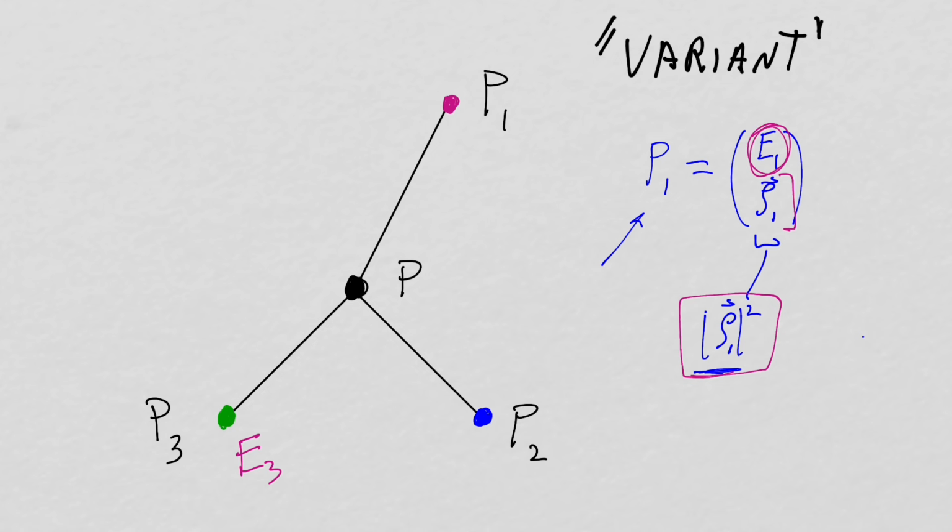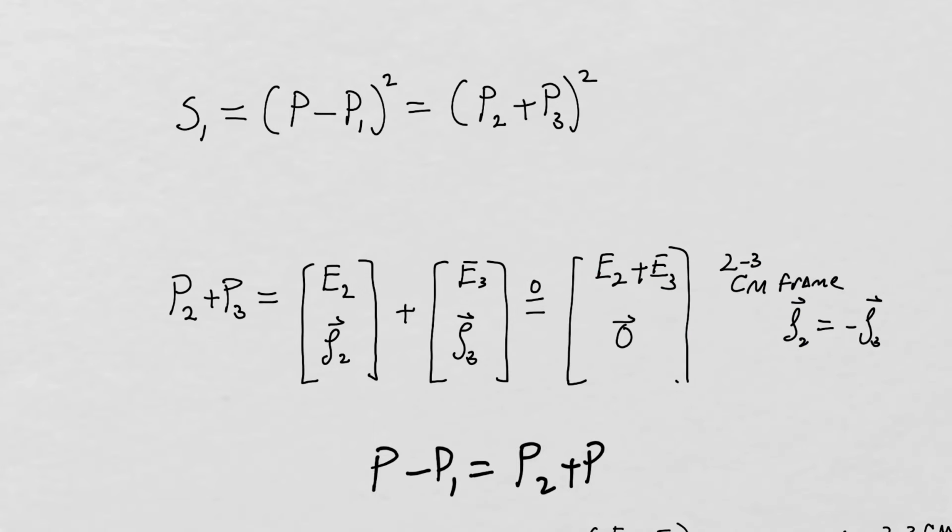But I need those three quantities. And so we're going to build it up by first calculating these three quantities in this lesson and then putting them together in the next lesson. All right, so let's begin by writing down S1, which is the 2,3 subsystem, and it's the square of the